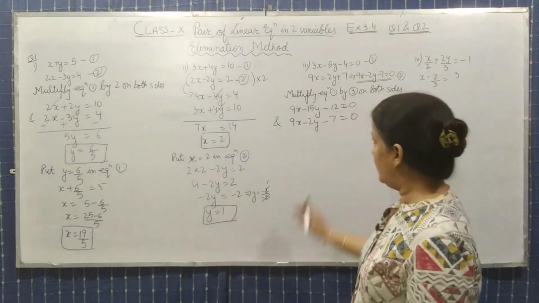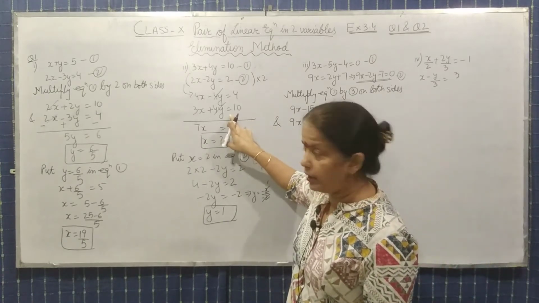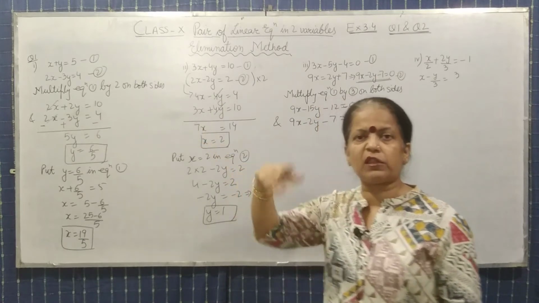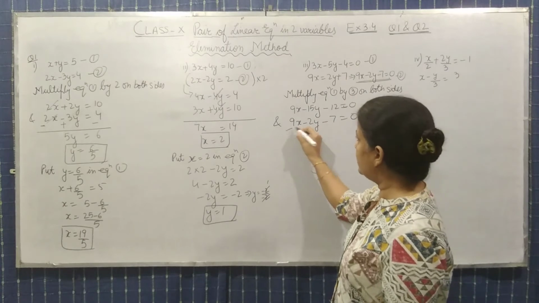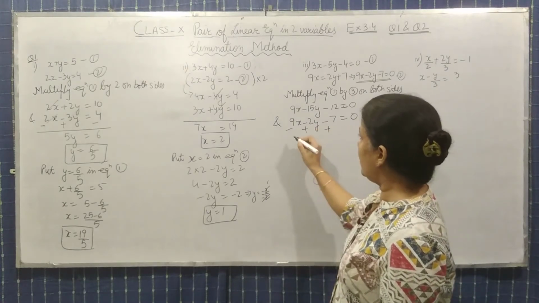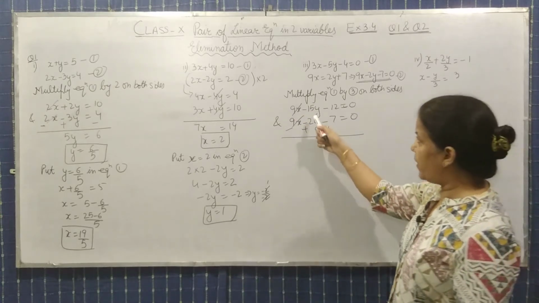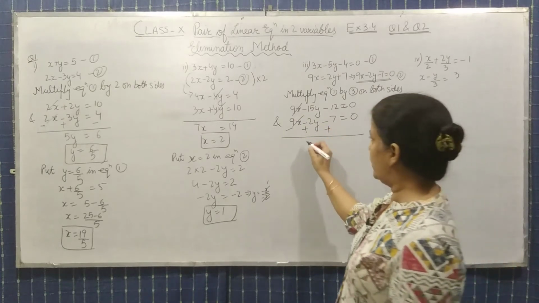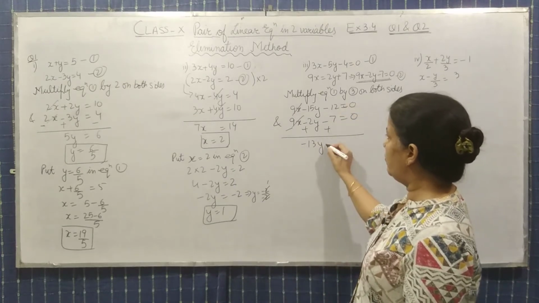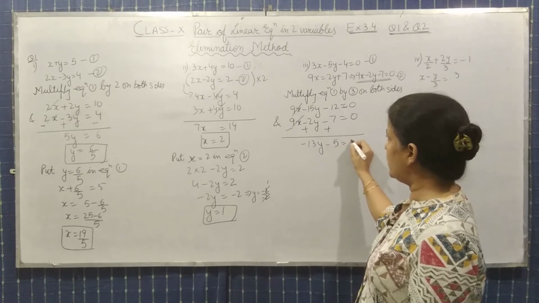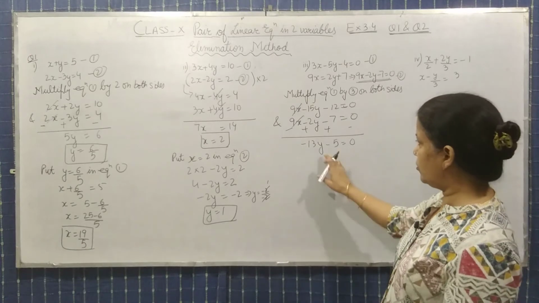क्या होगा step? Here we have to get the sign change. इधर हमने साइन नहीं चेंज किया बिकॉज ये कैंसिल हो रहा है. One is plus and other is minus, but here both the terms are plus, so we will change their sign. Okay, so after changing it will be cancelled out. Now minus 15 plus 2, it will come as minus 13y, and what will you get it here? Minus 5 equals 0. Here also you can change the sign, it hardly matters.